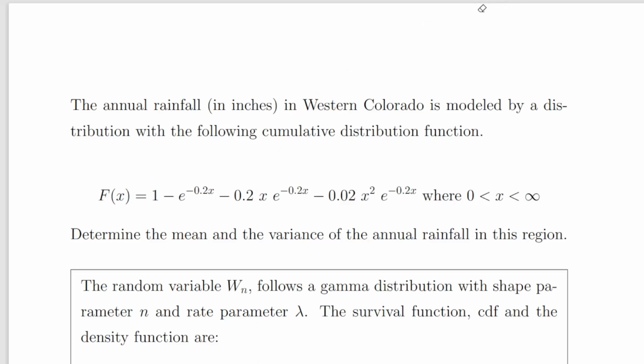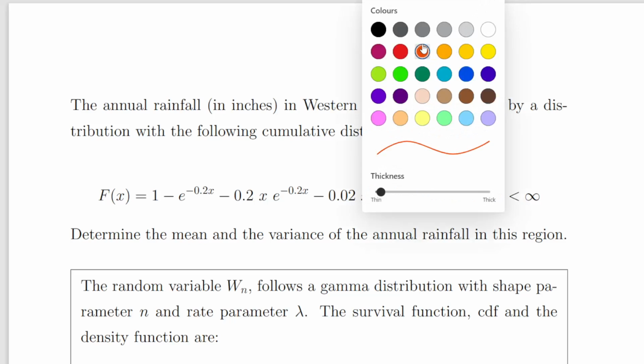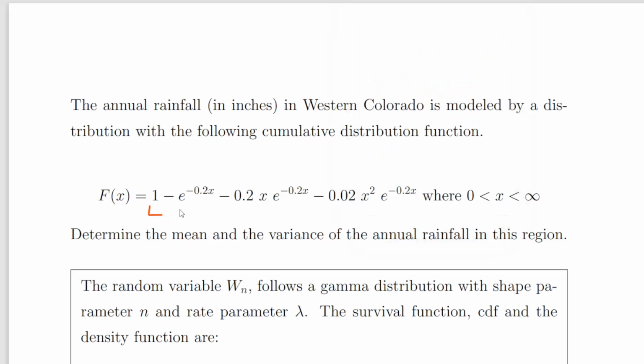Okay, in this presentation we are going to look at the gamma distribution. The annual rainfall in inches in western Colorado is modeled by a distribution with the following cumulative distribution function. So here we have F(x), and it is the composition of four terms: 1 minus e to the minus 0.2x, minus 0.2x times e to the minus 0.2x,